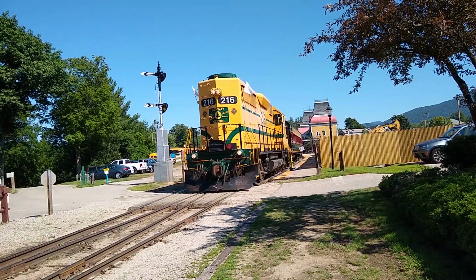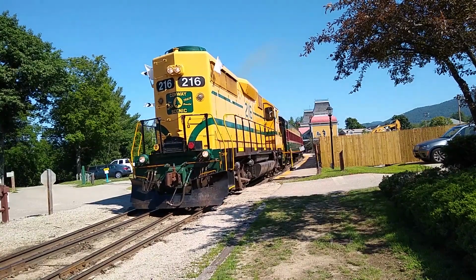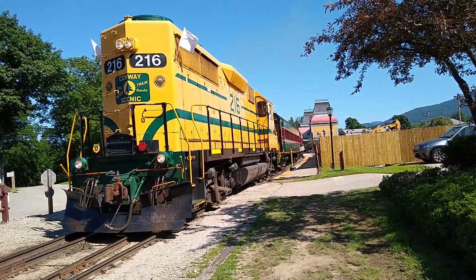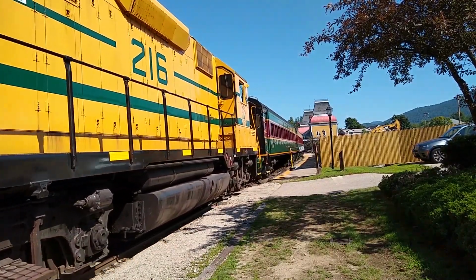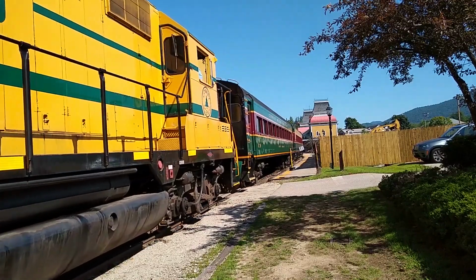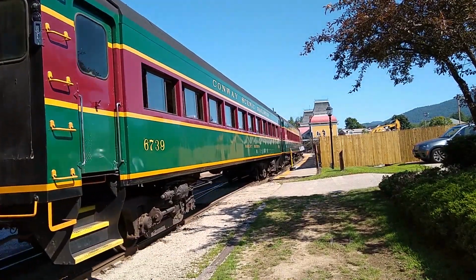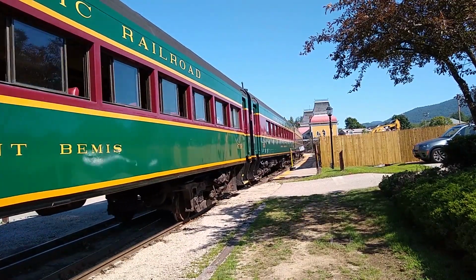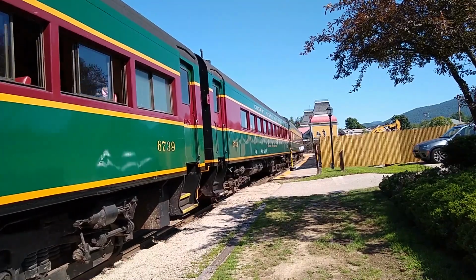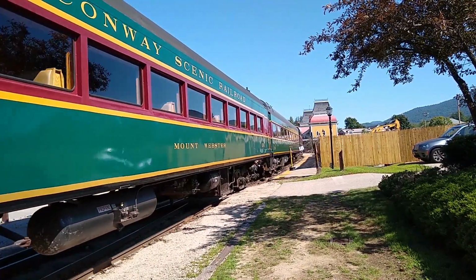Today we are looking at footage from when I went to the Conway Scenic Railroad on the 18th of July in 2020. The train you are seeing now is the first train of the day, the Valley train, leaving for Conway, New Hampshire. The locomotive is GP35 number 216 and is pulling the Notch train consist, which contains car number